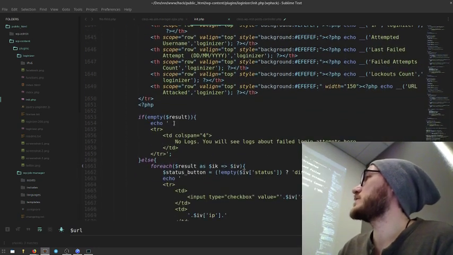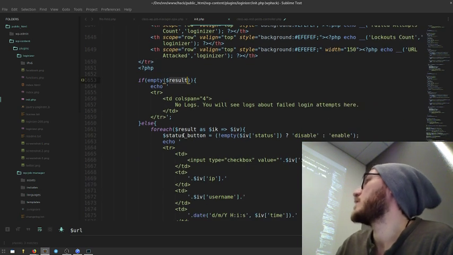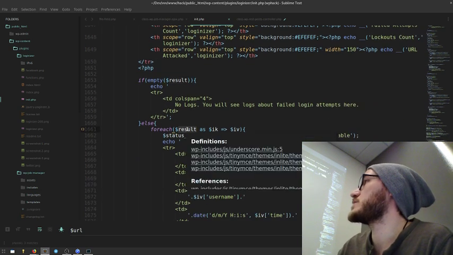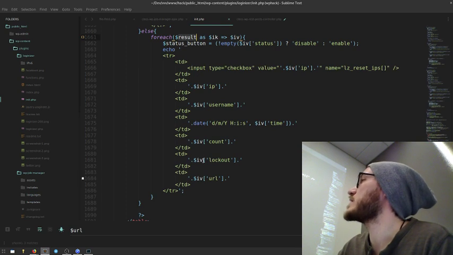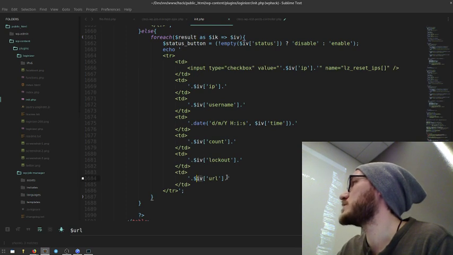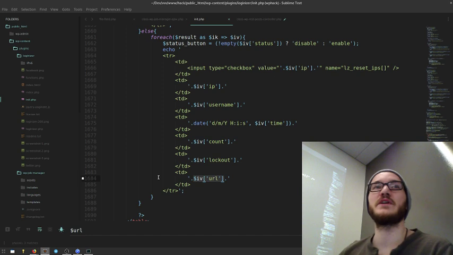And really all they're doing, this result, if it's empty, oh hey, no logs. Or let's iterate through each result, and then let's just take whatever we pulled from the database and show it directly to the user. So right here, the very last line, we're just taking that URL and we're just showing it. So when we do that,